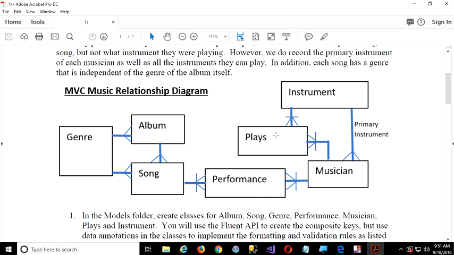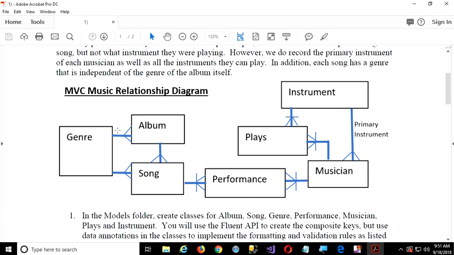We aren't worrying about which instrument they play better, just so we can check off a list that they play this instrument, that instrument, and the third instrument or whatever, right? Similar for the performance, right? For now, we're just going to track that they performed in the recording of this song, right? So it might be 5, might be 10 musicians, whatever. It could only be 1. It might be a solo, okay?